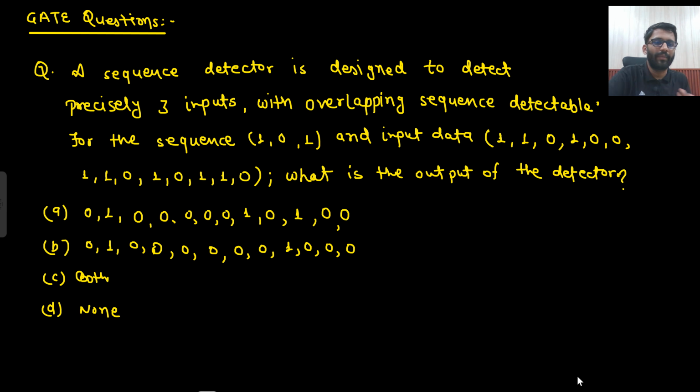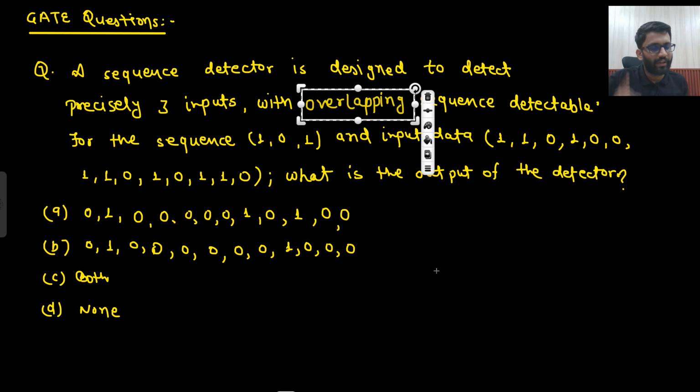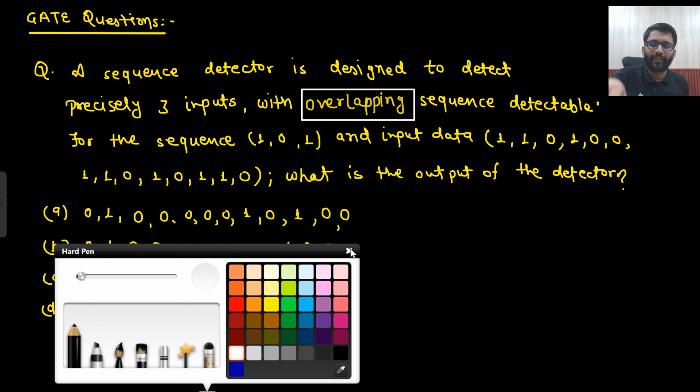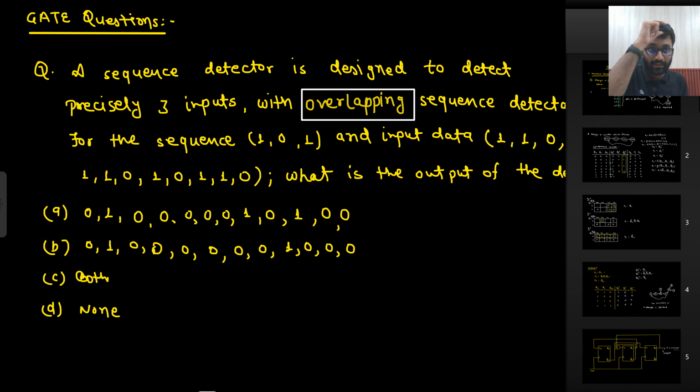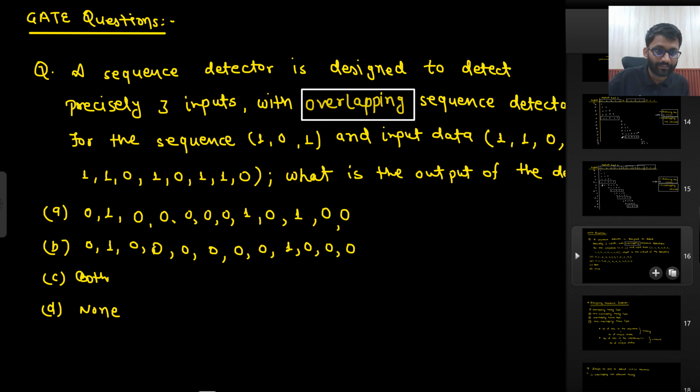But let's solve a GATE problem. A sequence detector is designed to detect precisely 3 inputs with overlapping sequence detectable. For the sequence, overlapping is allowed. You need to detect the sequence 101 and input data is 1101. So input data is, okay, I need to add a page. So input data is 110